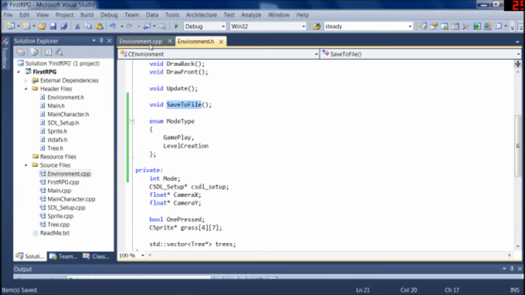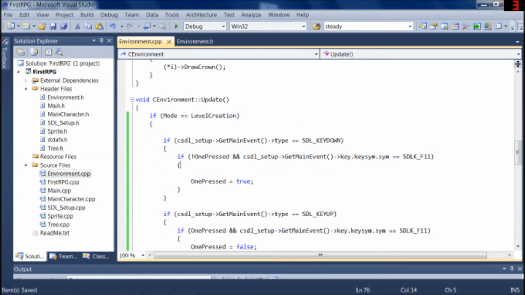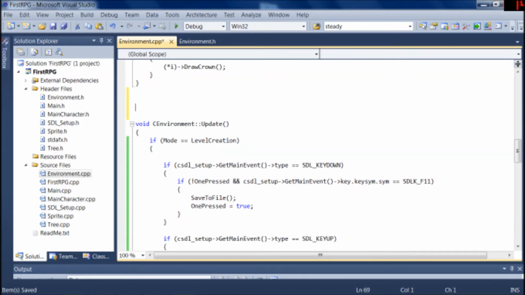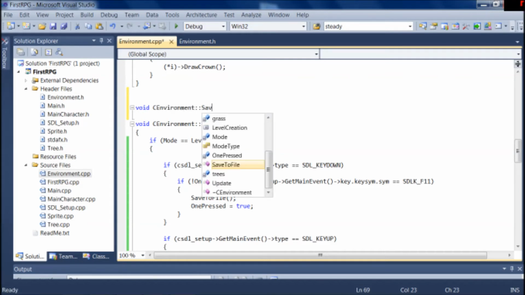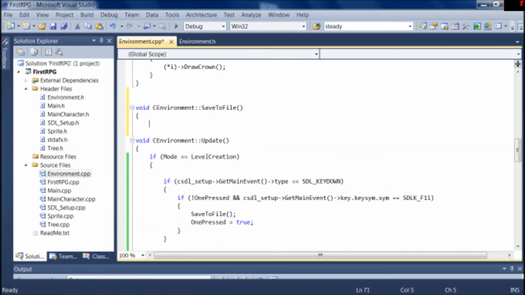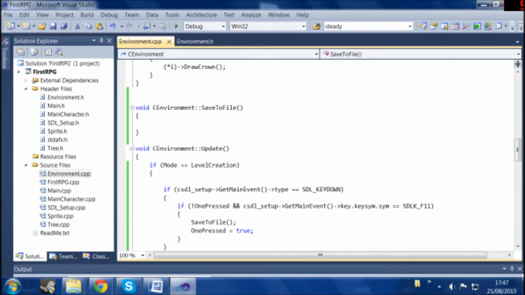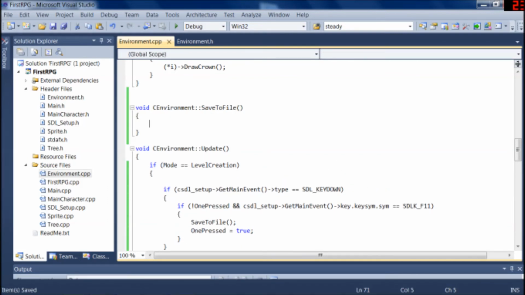So this will save the level to a file, and we're gonna run this function when you press F11. Now we can add this, for example, here. All right. Now this is saved. Now this will run this function,